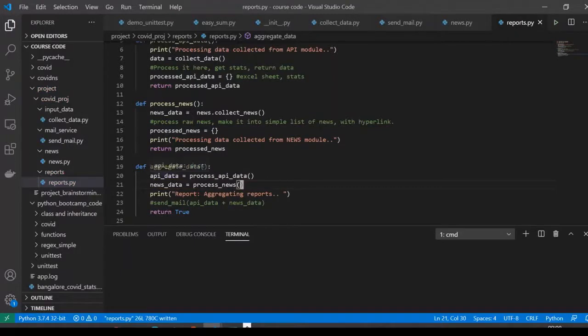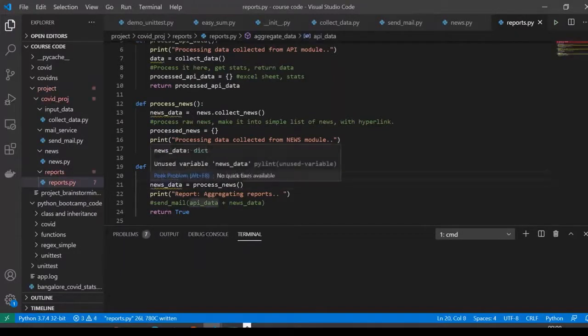So okay, API data is collected. Now we have the API report we are collecting, and the news reports we are collecting. Okay, good. And then let us look at